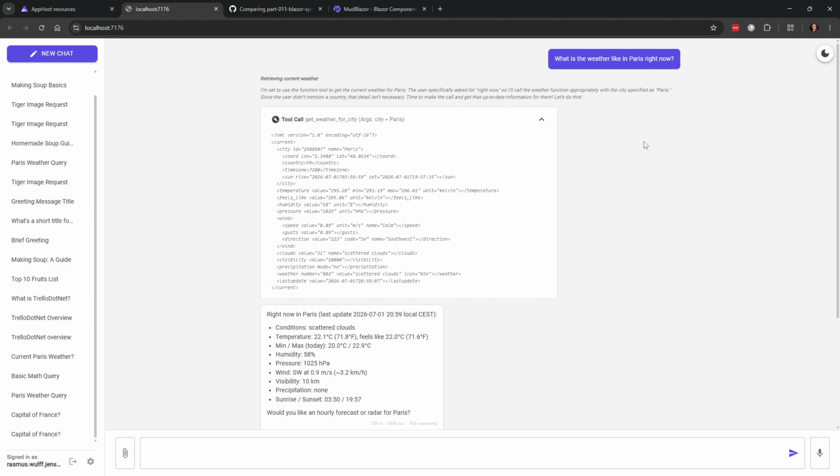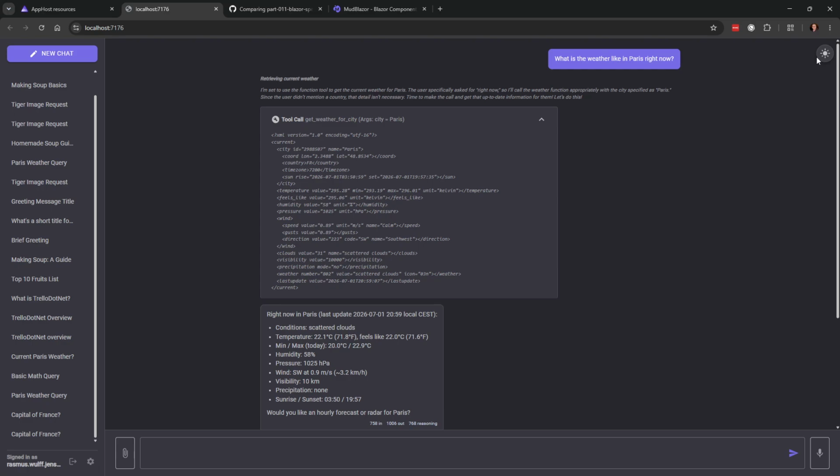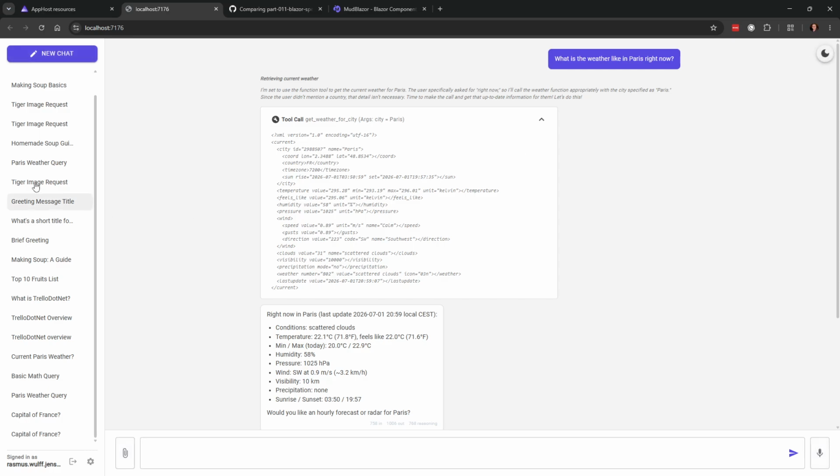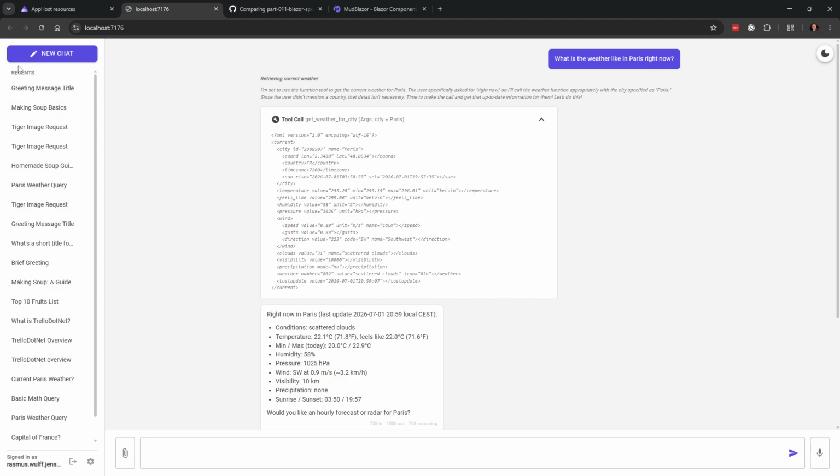One of the first things I put in was dark mode. Now we can switch between light mode and dark mode. This is something that comes out of the box for MudBlazor. I also changed these conversations over here. They are now sorted with the most recent at the top.